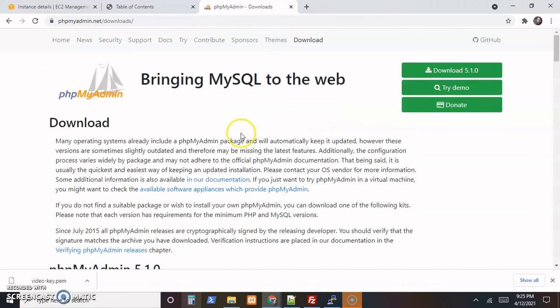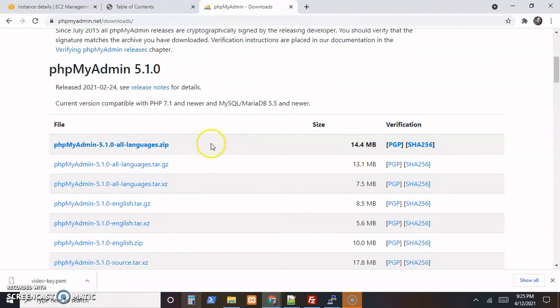And this will show us the latest version. If we scroll down a little, all languages, tar.gz, that'll work. So the tar file for the software to install that. And we want to copy and paste it, which you might be well aware,